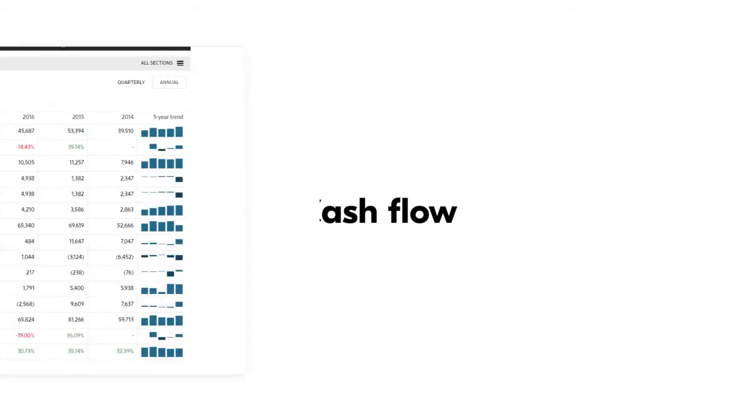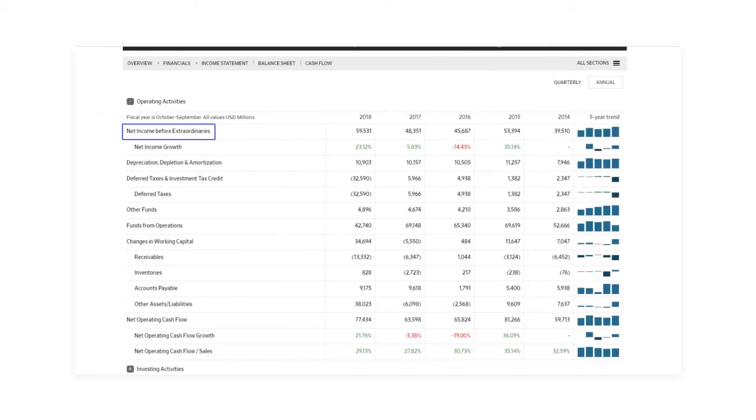Operating activities is a section indicating the amount of money a company receives as a result of ongoing regular business operations. Net income before extraordinaries is net profit before extraordinary events. Depreciation, depletion, and amortization, the size of depreciation deductions. Net operating cash flow is an element that includes the cash inflow and outflow of a company from its core